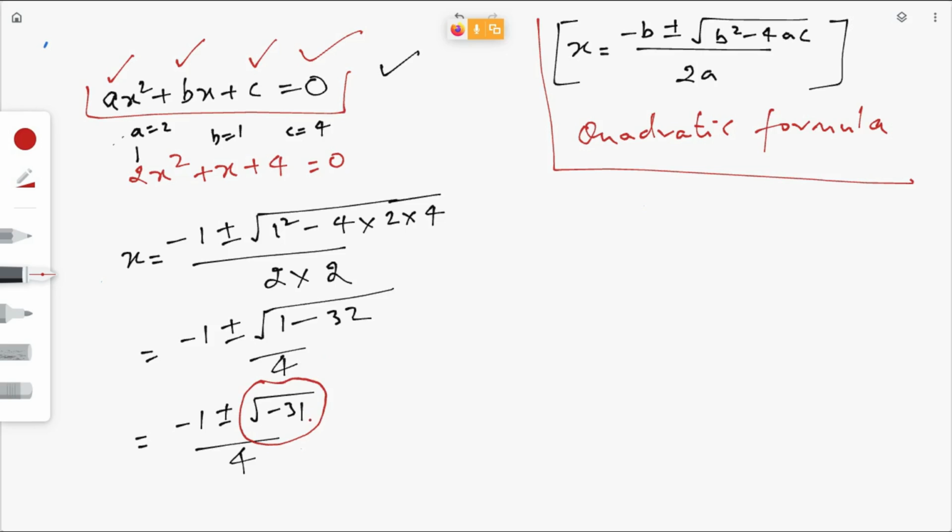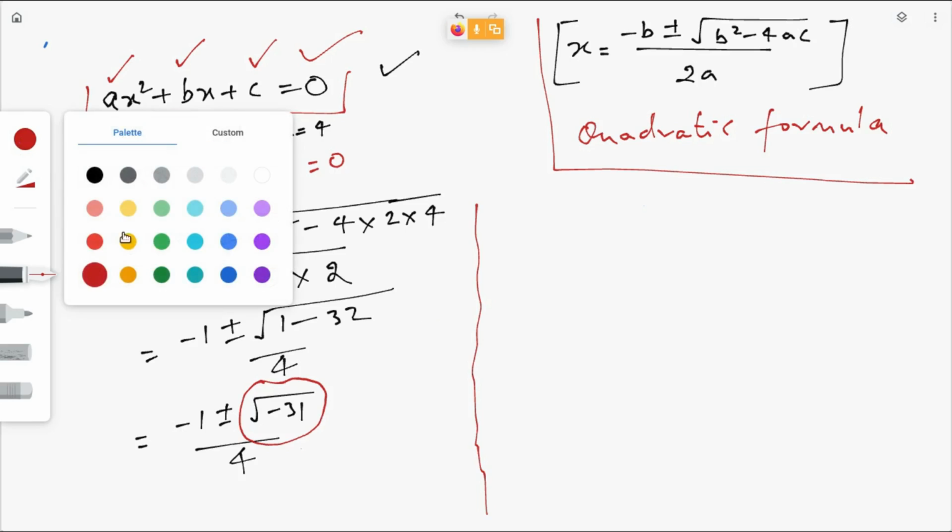Compared to the completing the square method. Instead of all those steps, you can directly use the formula and substitute these values. That's why in your exam, if it is mentioned to find the solution of the equation by the completing the square method, then only use that method. Otherwise, use splitting the middle term or the quadratic formula. Fine? Okay, now the next step.